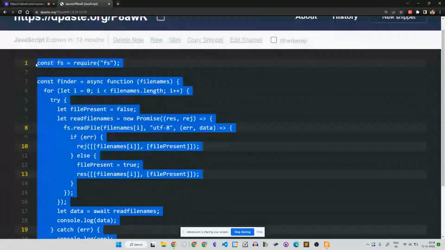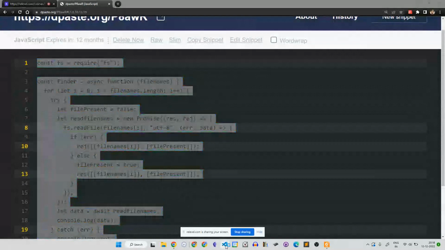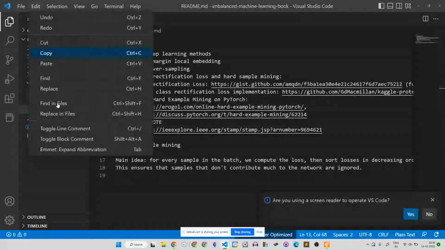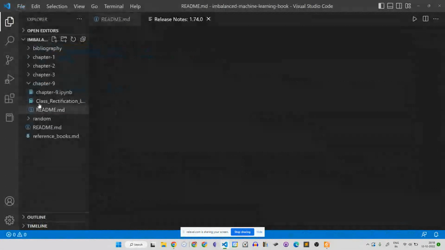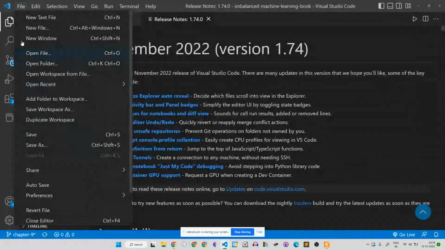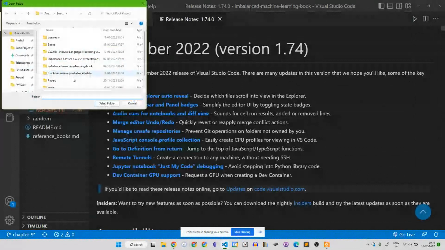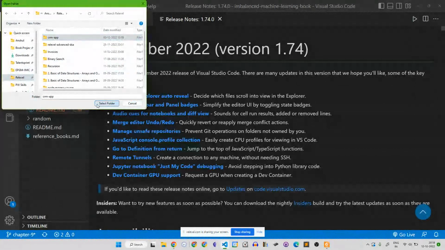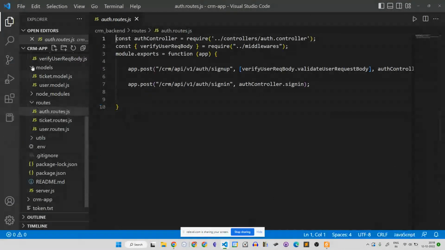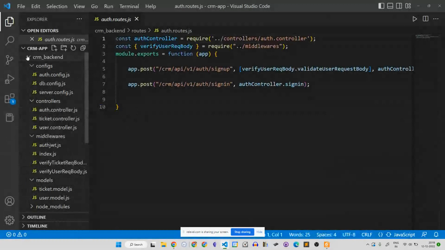into my VS Code. Let me see if I can open VS Code. File, open folder, and select the CRM app folder. This is the older CRM backend.